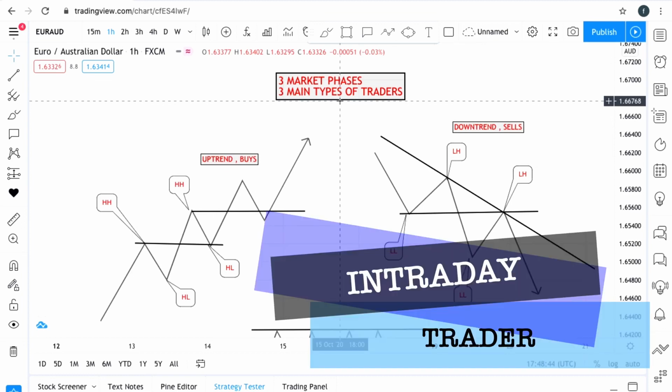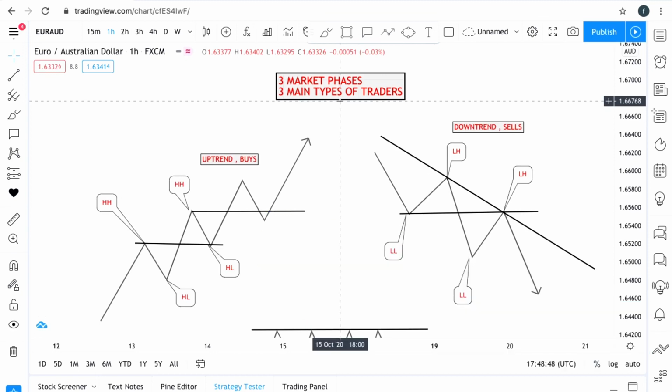Secondly, you have intraday traders, and as I said before, I am an intraday trader. An intraday trader holds their trade for approximately 24 hours, right? Or a couple hours, like 2 hours, 3 hours, 5 hours, no longer than a day, right? And why I like this trading style is it just fits my style of trading. Like I don't have to wait too long to collect my profit,